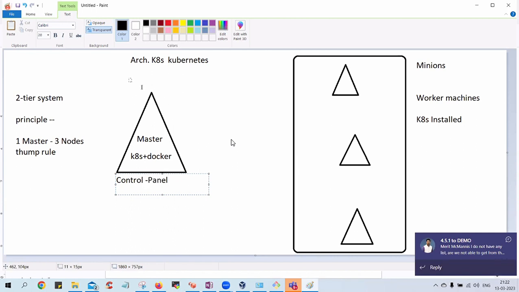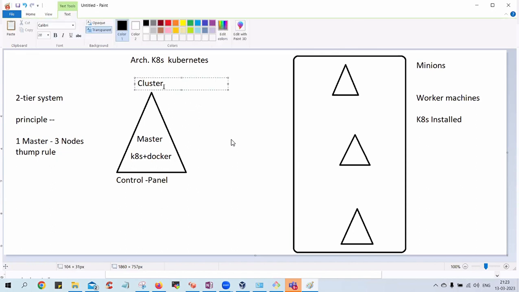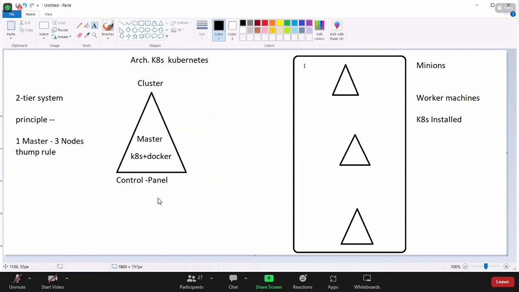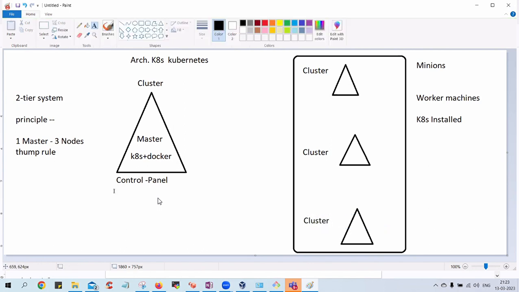So on this also you'll have a cluster. Keep in mind, wherever Kubernetes is there, cluster will definitely be there. So let's say this is one cluster. It sits here. So copy of this. Okay, so we'll write one more cluster here. So here also you'll have cluster. And here also you'll have cluster. And here also we'll have the cluster. Now the logic is,